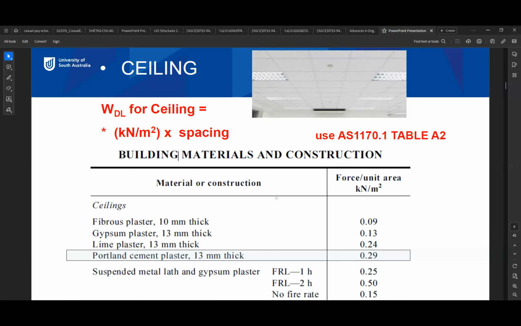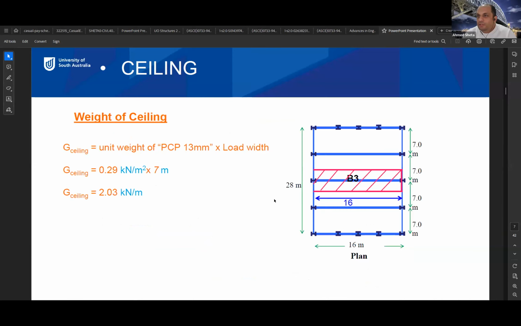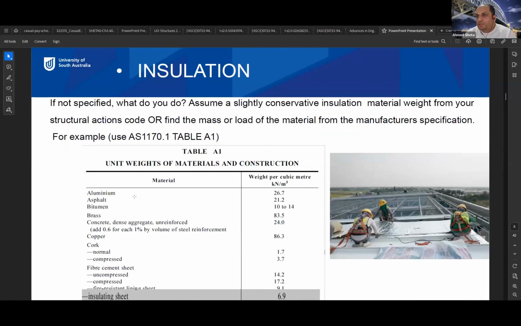Okay, so this is for the ceiling. As I mentioned, the weight of the ceiling on the beam will be 0.29 times 7. What is 7? 7 is the load width, the space in between the two beams. And obviously the unit weight is 0.29, whatever the example was. The next step is the unit weight of the